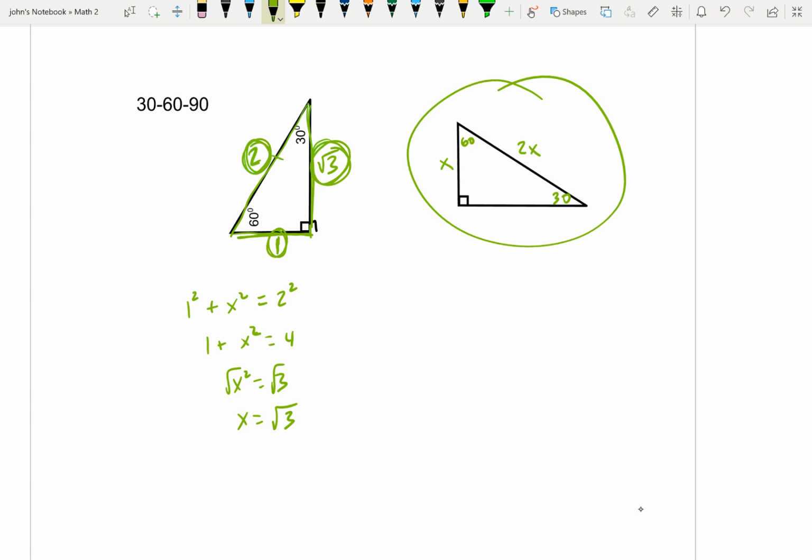So I go 2 times x. To find the long leg, I just times it by the square root of 3. So I go x times the square root of 3. So these are the ratios, and you're just going to memorize these. You're going to memorize the 45, 45, 90, and you're going to memorize the 30, 60, 90, and you're responsible